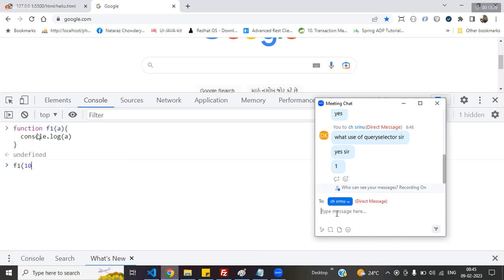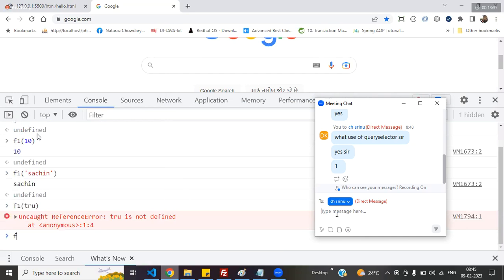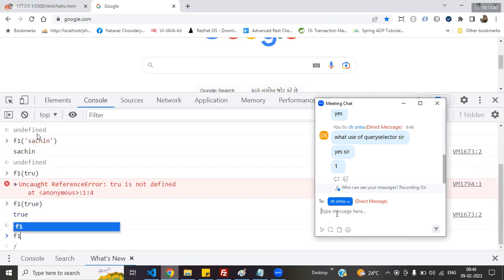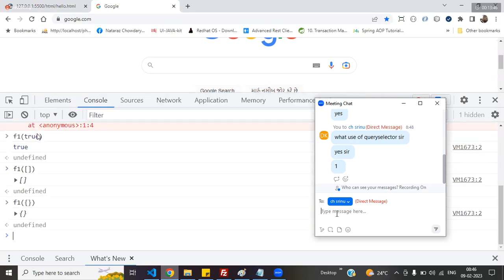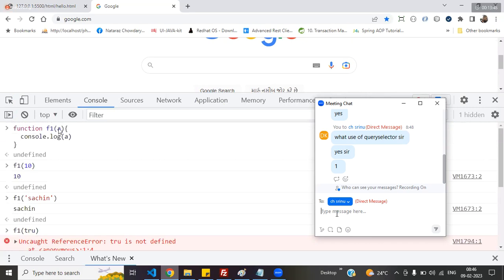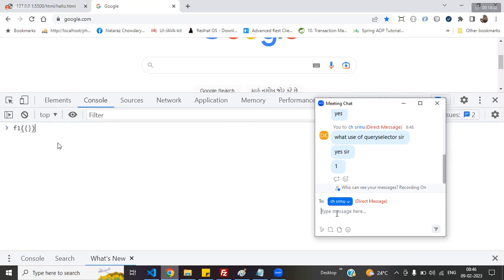Okay, F1 of 10, getting output or not? F1 of Sachin, F1 of Boolean, yes, F1 of array, F1 of object. It can accept any kind of data or not. Why? Because in JavaScript there is no type. Got my point? JavaScript does not support types. But as a developer,